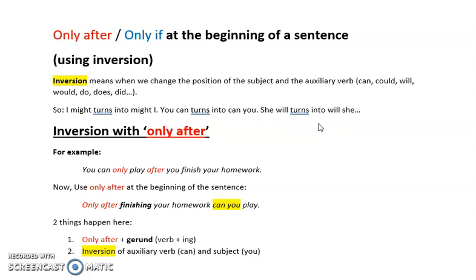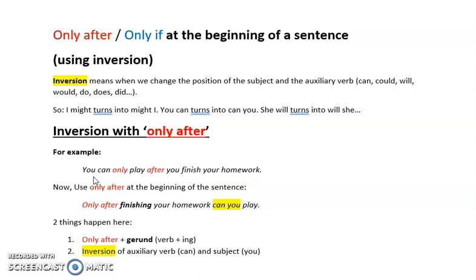Okay, so let's go and start making sentences with only after, and we'll be using inversion. Let's look at an example. You can only play after you finish your homework. I am giving a condition, for example, to a student or a child. You can only play after you finish your homework. This is a perfectly good sentence. It's grammatically correct. The only thing is, it's a very simple sentence and it starts with the subject, so it's